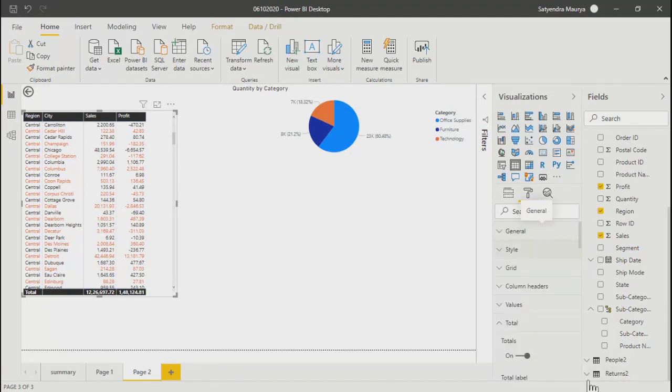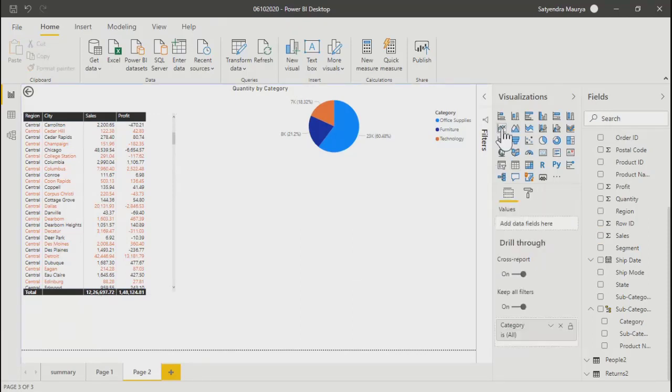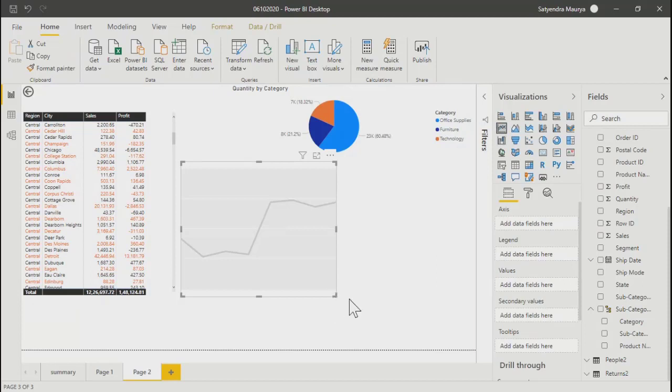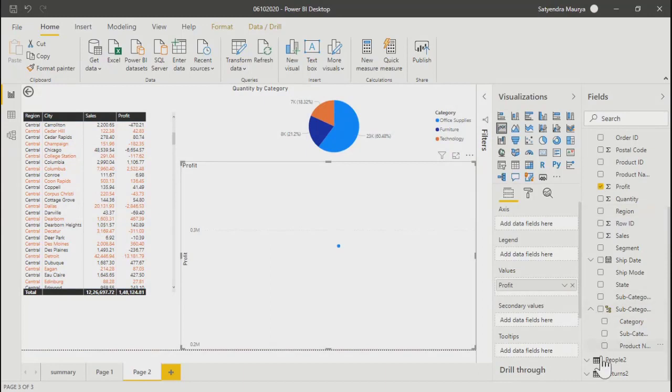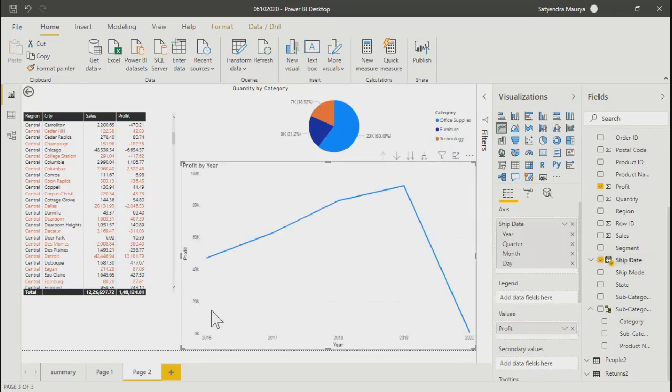The last tab is for analytics. So if let's say your chart or your component has analytics enabled, then you will see these options, otherwise you will not see. Right now, because we are working on the cross table, it seems that analytics is not enabled. But let's say if I take some other control, maybe trend line over here, and in trend line, let's say if I draw profit, and take date, let's say ship date. So it's a trend, what we are showing over here.